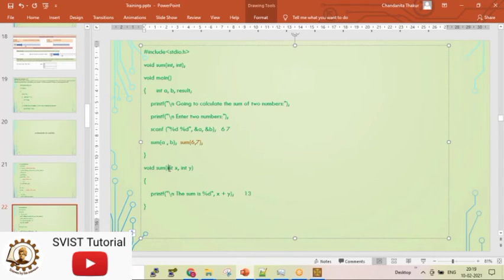So it is like when you are sending some original value here which you have actually scanned. So this is called actual parameter, and the value received by the function, obviously you are going to create a dummy name for A and B, that is X and Y. So here some formality is happening.